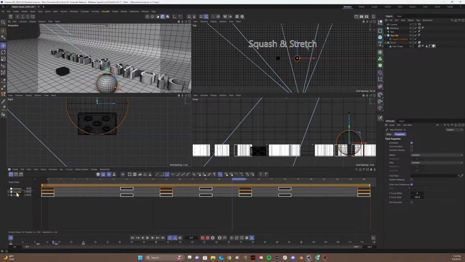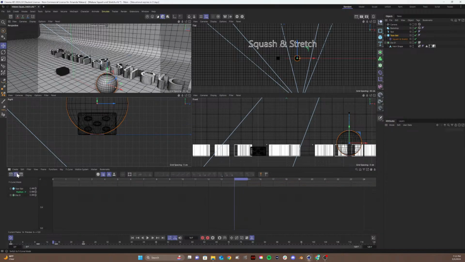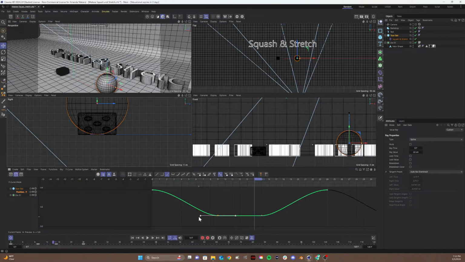We want to make sure that this actually loops, right? So selecting the position here, I'm going to go to constant, and under after, change constant to repeat. And let's update the curves here. So jump into F curve view, select the Y position here. Let's zoom out so you guys can see all of the other updates that happen to the rest of the curves. All right, I'm going to select this one and holding down shift, I'm going to break that